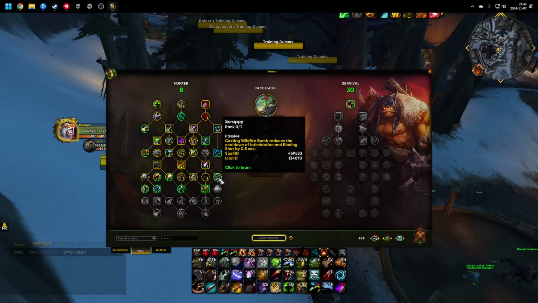Then over here we have Scrappy. Now, Scrappy, it's a talent that you don't have to play, but it's pretty decent in a lot of matchups where you will press your Intimidation and Binding Shot on cooldown. So, for example, let's say if you play 2v2 or 3v3, where you have to do your stun into trap on the healer, having Scrappy actually gives you...